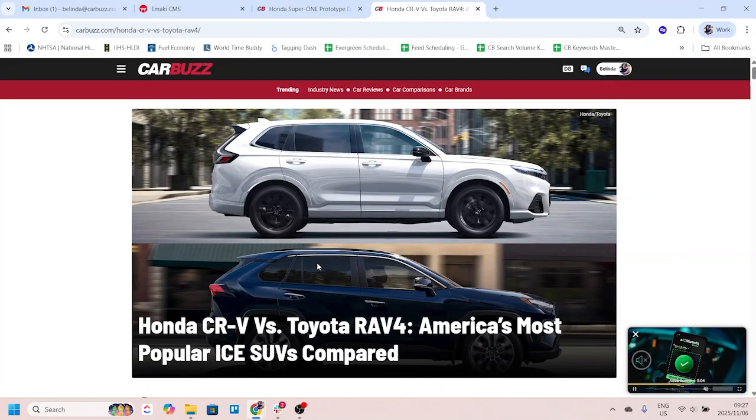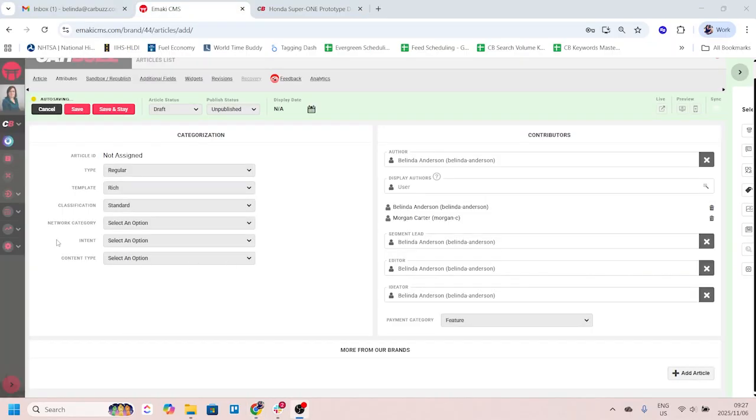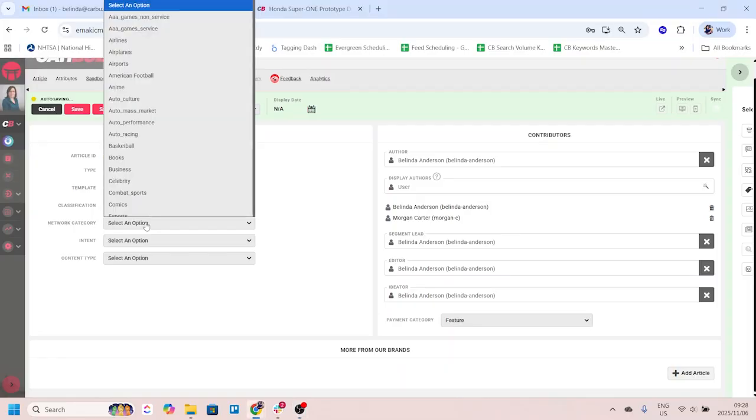We did have some of our comparisons at one point where we used tag display cards instead of featured images, in which case that would change. It's just important to me that you know what that functionality is. Below the template, we have classification, which you can just leave on standard. Don't fiddle with that. And under network category, because this is for the Valnet Auto sites, you will pick something